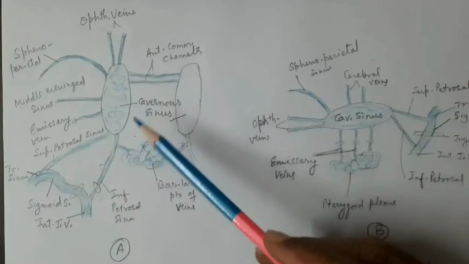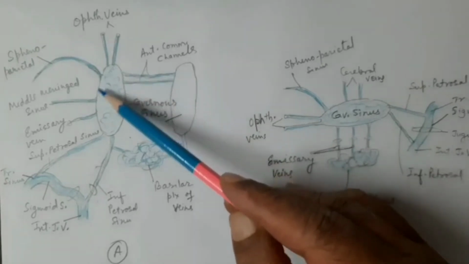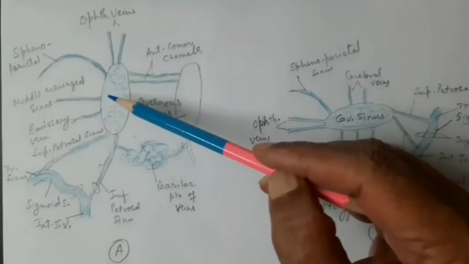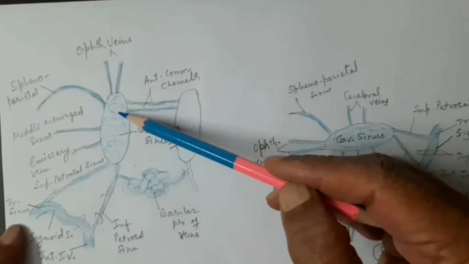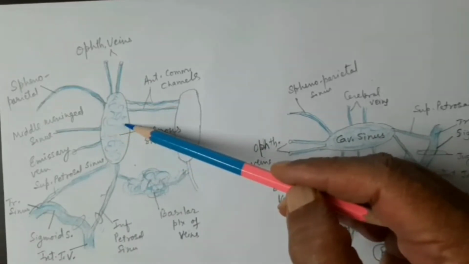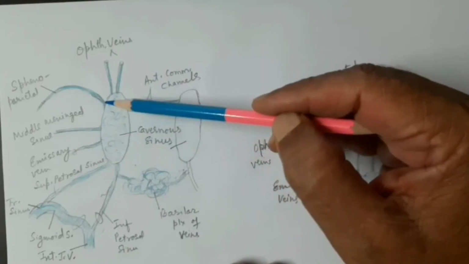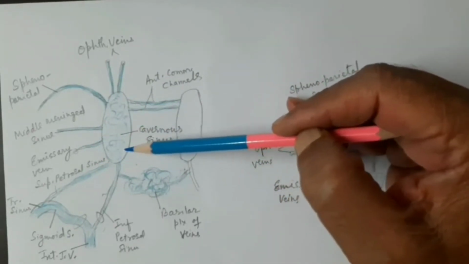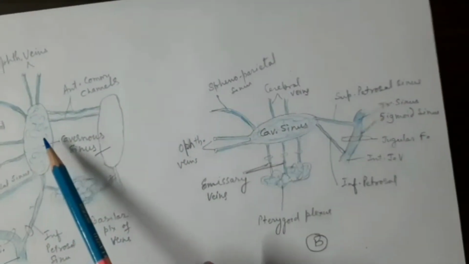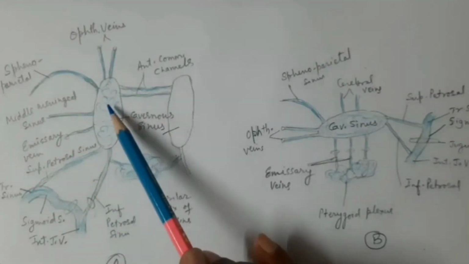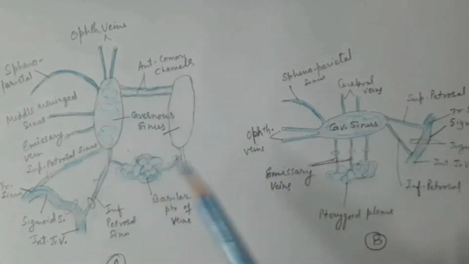This diagram shows the two cavernous sinuses on either side of the body of the sphenoid, and just see the tributaries in one of the sinuses here. This is the left side sinus, 2 centimeters long, 1 centimeter wide. This is the anterior end, this is the lateral wall, this is the posterior end, and this is the medial end of the sinus. This is the top view of the cavernous sinus, to show you the tributaries coming from different directions.